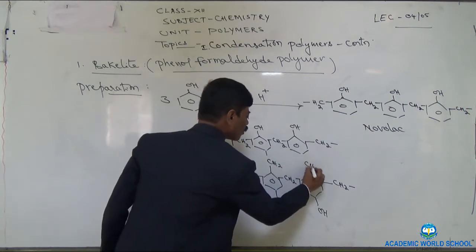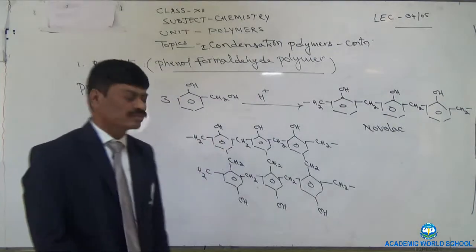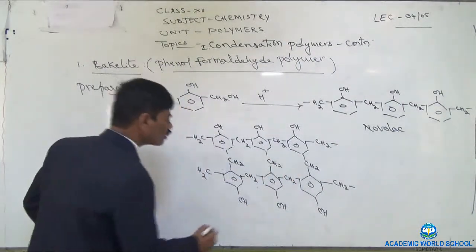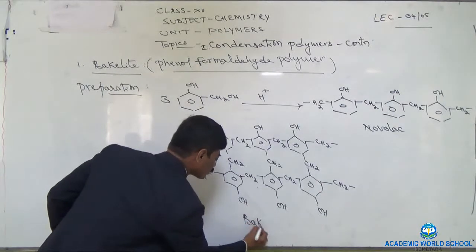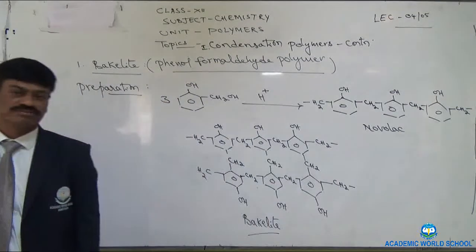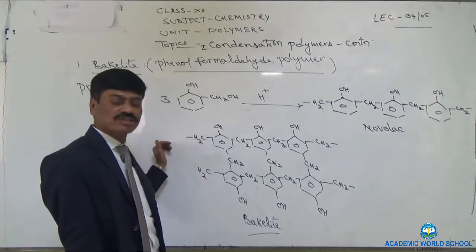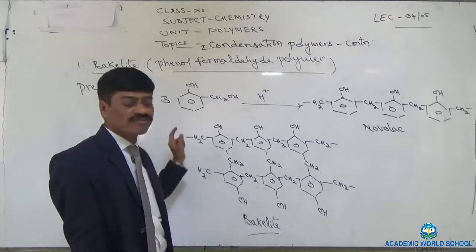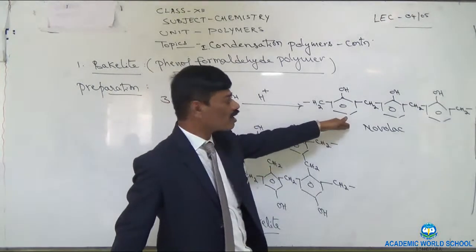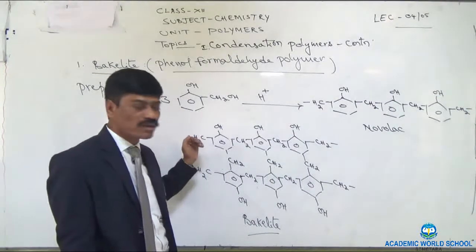Here, while showing the bonds, you have to be very careful, because in between both the bonds there must be a carbon atom. This is nothing but the structure of Bakelite. This can be asked for 1 mark. So to draw the entire structure without damaging the tetravalency of carbon, you should remember how phenol and formaldehyde react, they give Novolac. From Novolac, how can Bakelite be drawn without any error? This is what you need to remember.